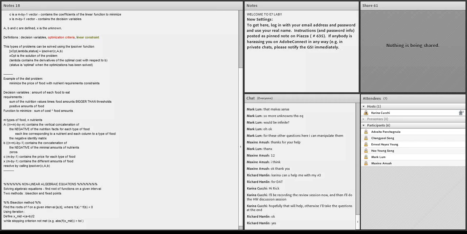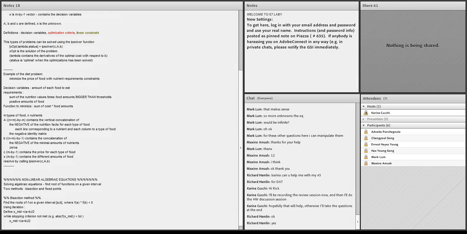So when the absolute value of f at the midpoint is smaller than the tolerance. So while this stopping criterion is not met, you define x mid to be the average of a and b, and then